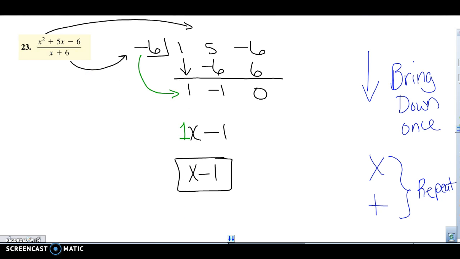So we would insert an x here, and then you would continue to insert as necessary as you move down. Well, we started with x to the first, so the next item would not have an x attached to it. If we had started with x squared, we would have then had x and then a constant and so forth. But anyway, our answer here is going to be 1x minus 1 with a remainder of 0, or simply x